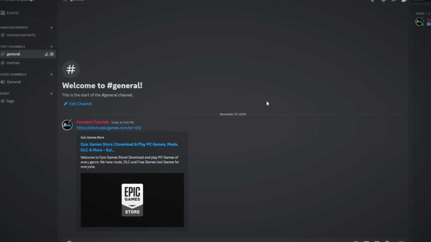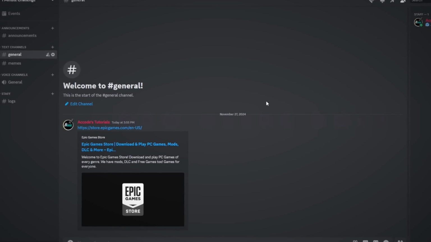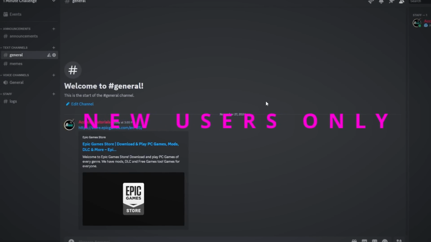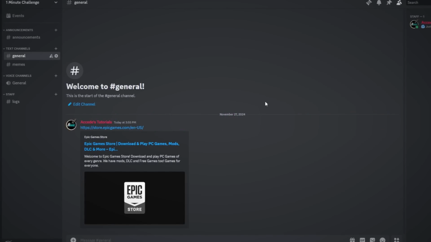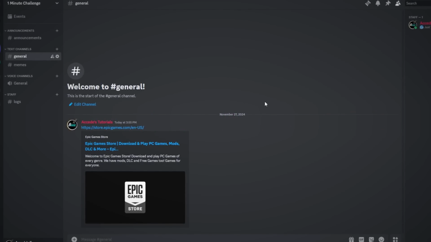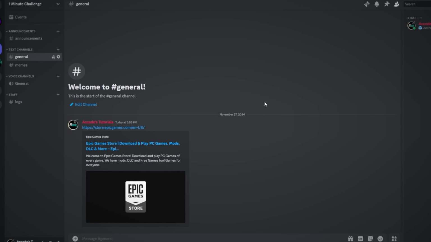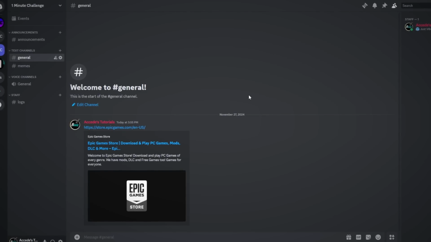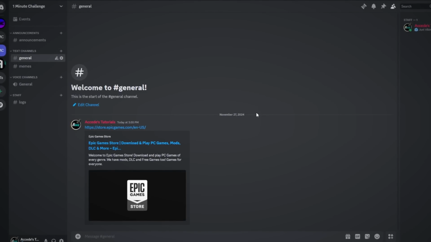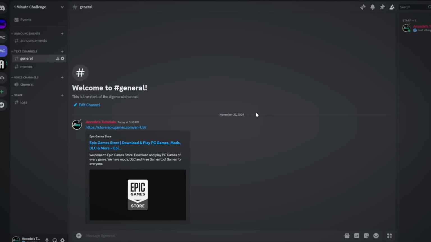And before we begin, I just want to let you know that this is only working for new Nitro users or users who have never actually had Nitro on their account before. Or if you want to just create a new Discord account to get it, you can do that as well. But either way, if you've had Discord Nitro before, this will not work. But if you have not, then this is the video for you because you can get a free month right